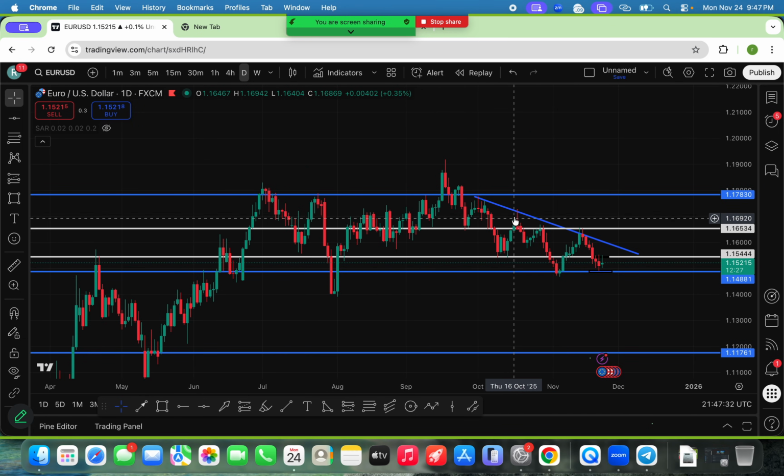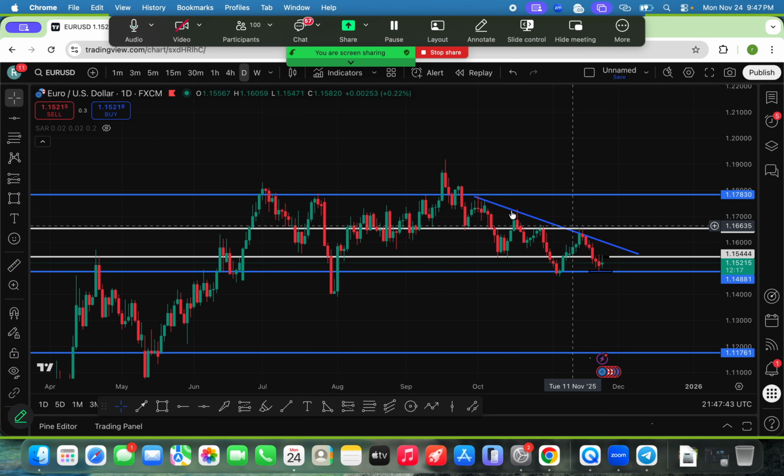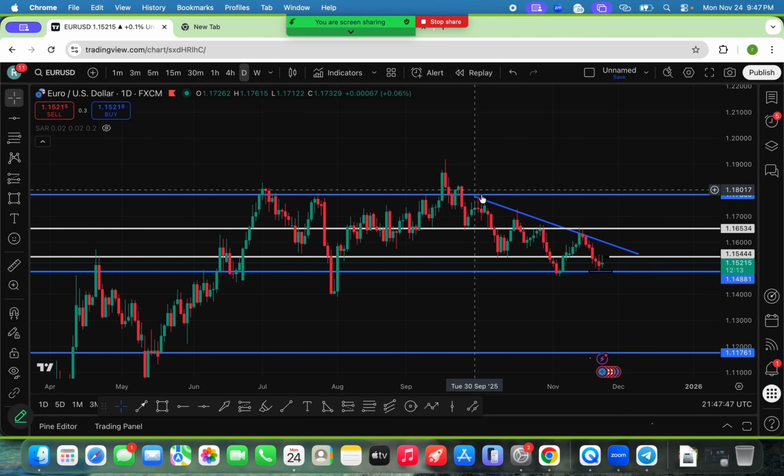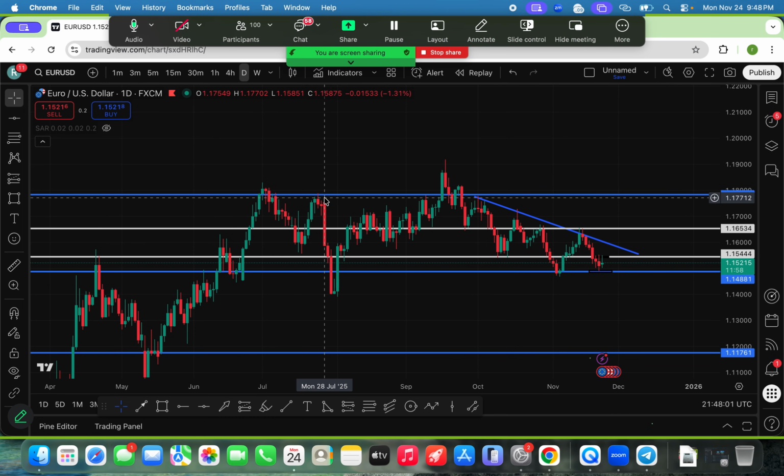So what makes a trend valid or a support or a resistance or a turning point valid? When it has two or more touches. You understand? So we had one, two, we had three touches, which made it valid. Do you get it? Good. Somebody said, why didn't we start from the top? When we start from the top, we are not going to get more touches. The more we get touches, the more valid the level is or the trend line is. Do you get it?